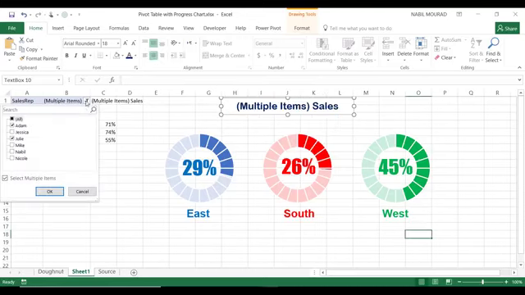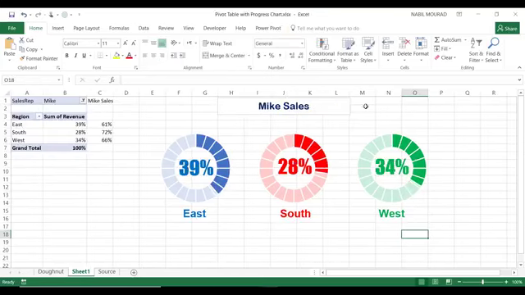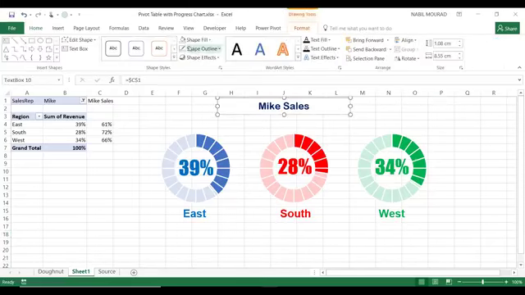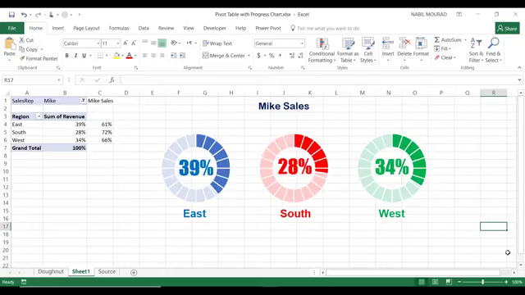So let's test how dynamic everything is. I release the filter and select Mic, and when I hit OK, the label reads Mic and all the numbers here reflect the percentage of revenue for each region for Mic. The final thing I would like to do is to remove this outline. So I'll click on the Format tab. We don't need a fill and we don't need a border,